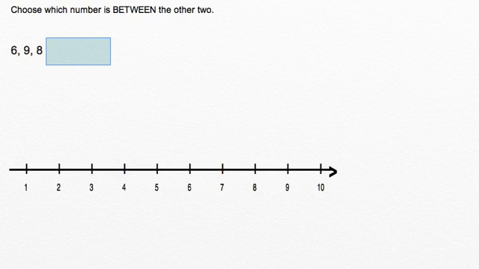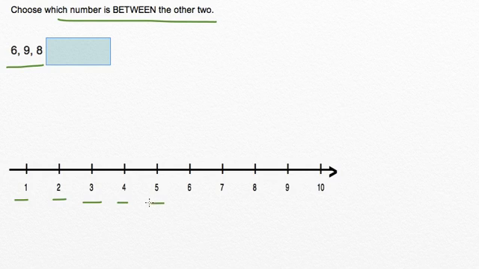So again, which number is in between the other two? We have 6, 9, and 8. So let's count through our number line and put them in the correct order, starting with the smallest number going all the way to the biggest number. 1, 2, 3, 4, 5, 6. So we're going to write 6,